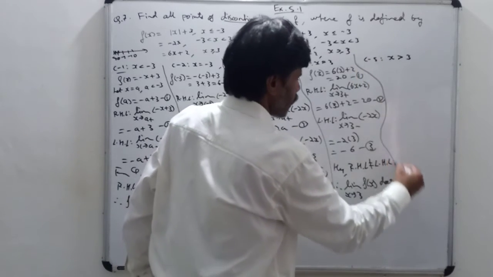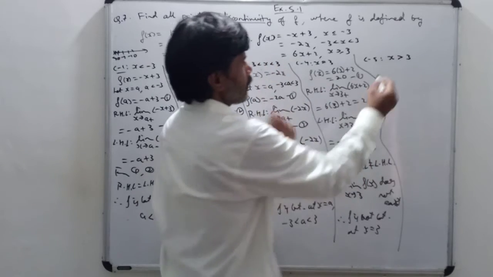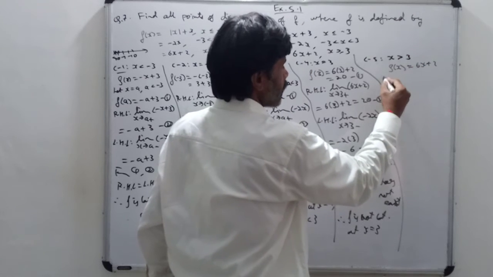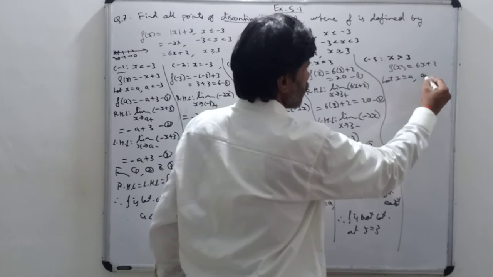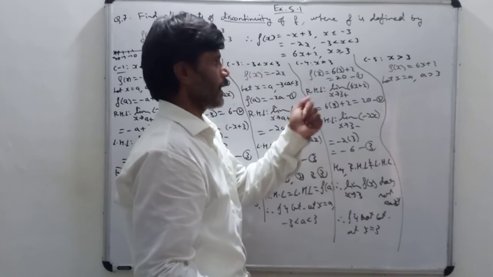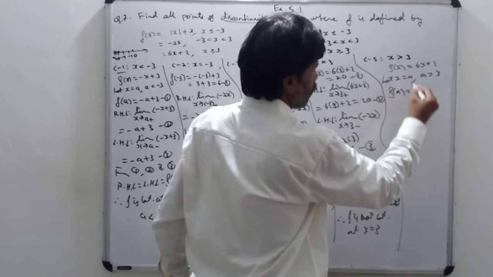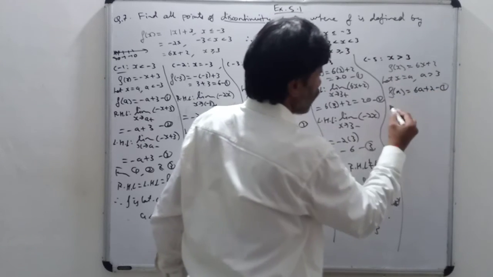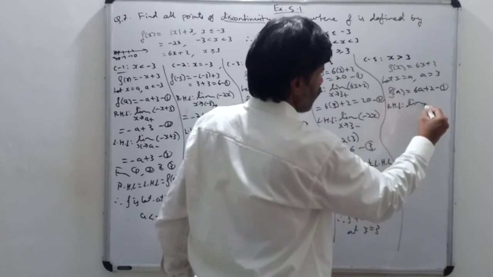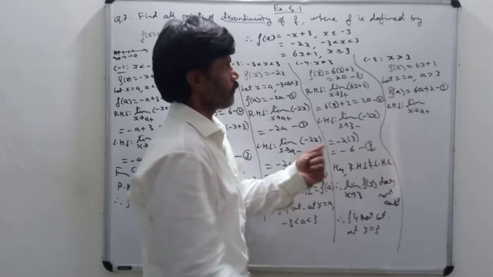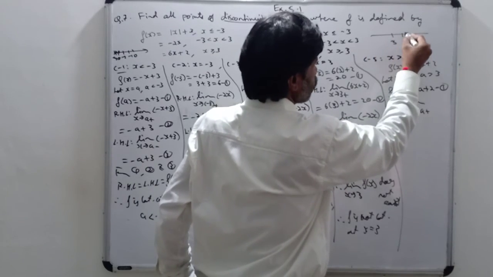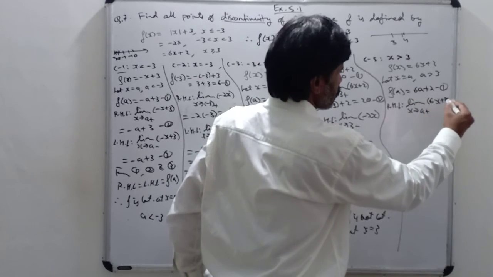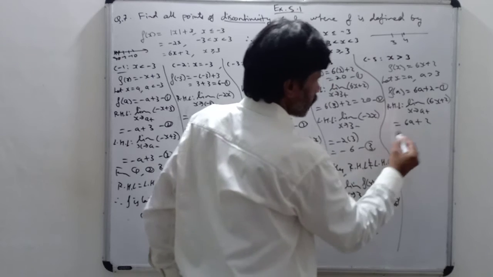Now the last case, case number 5. When x is greater than 3, what is the function? 6x + 2. First of all, we'll assume that x = a, where a is greater than 3. In mind we think that a is 4. Now we find f(a). In place of x in the LHS we have kept a, so in the RHS also keep the same: 6a + 2, give it as number 1. Now you find out RHL, limit x tends to a plus, means 4 plus. 4 plus means 4.01, which is greater than 3. So the function will be the same, 6x + 2, so that is 6a + 2. Applying the limit, give it 2.